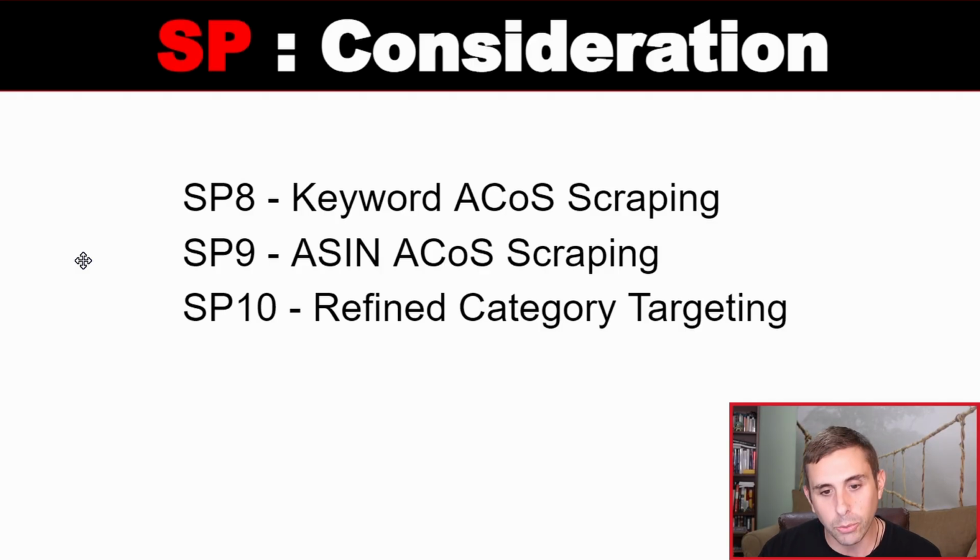So next we have the consideration phase. So once again, this is for shoppers who are already looking for your product. They're searching for a product similar to yours, and you've already discovered that this keyword, ASIN, or category works pretty well. Because what we're going to do in this phase is go into the search term report and find the targets, and by targets I mean ASINs, keywords, and categories that have already done really well, that have 2 or more orders or 3 or more orders at a reasonable ACoS, a very good conversion level. We're going to find that, we're going to harvest it, and we're going to put them into these